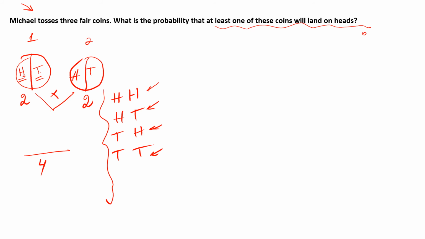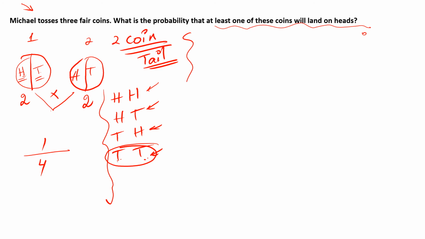So if I say in this question that if I toss 2 coins, what is the probability that it lands on tail? It means that both land on tail. So of course this is the probability. Only when both coins land on the tails, you will have one chance. So it will be 1 over 4.